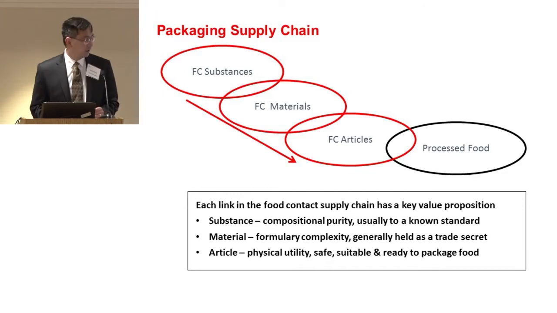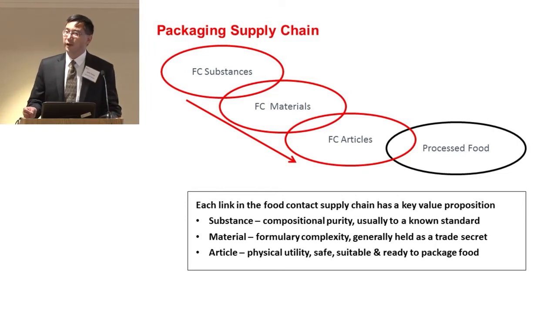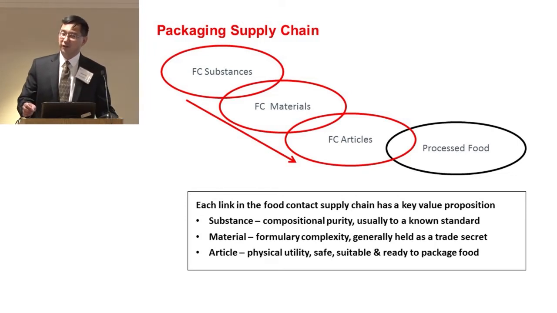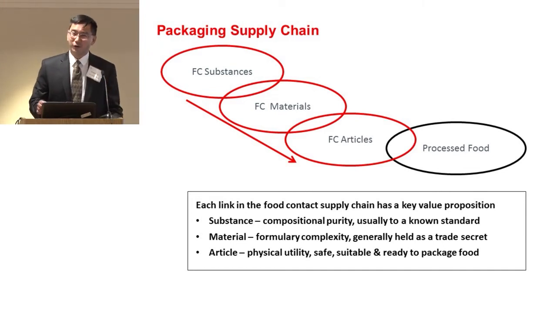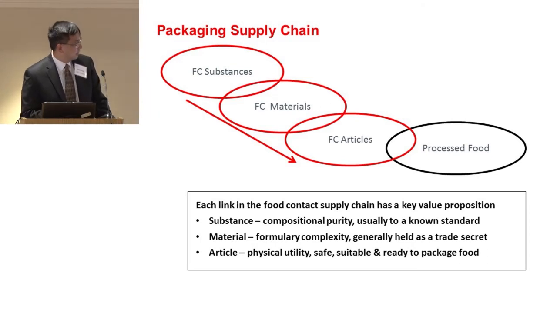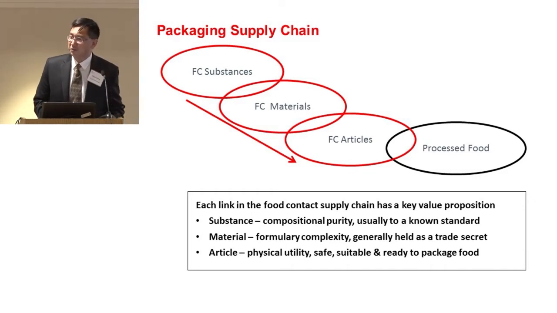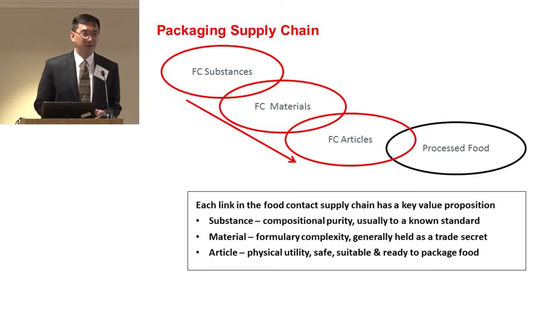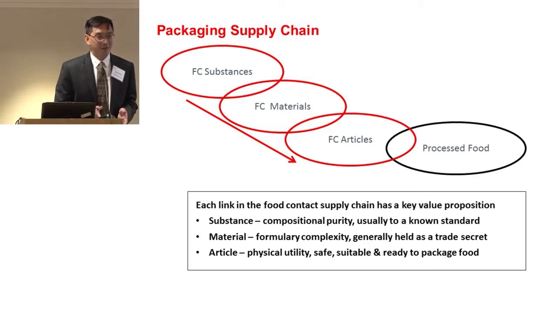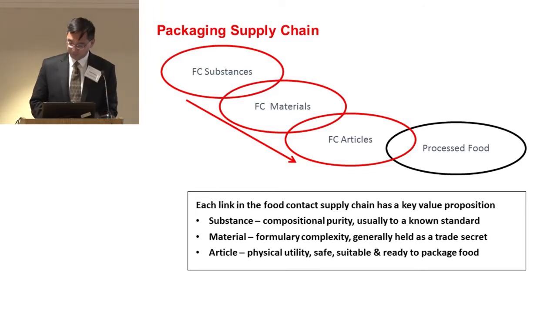This whole thing breaks down because you say, oh, this is proprietary. Well, it's proprietary to the extent you have formulary complexity. But if you are selling something that's based on a standard, as in the case of a pure substance, you have more obligation to disclosure. On the other hand, if I'm making an article, I am already taking care of how to make it inert. I should focus on disclosure and communication on how inert it is, because I cannot say I don't know the use. I know the use very well because it's very peculiar, specifically made to your specification.